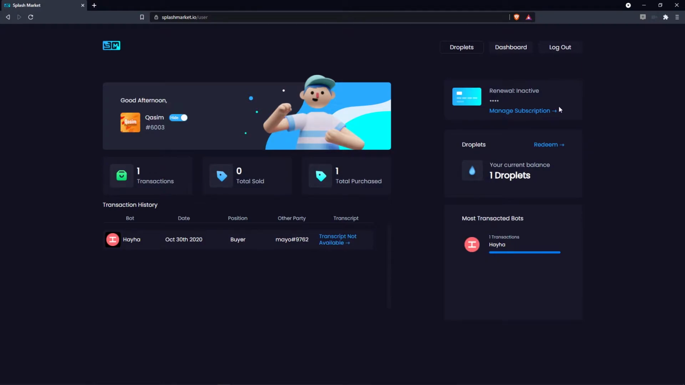Then for my renewal, it is inactive because of the fact that I don't have a subscription with Splash Market, but you can go ahead and purchase one if you wish, and you can manage it here. Then for Droplets you can go ahead and check that out as well, and you have the most transacted bot, and only because of the fact that I've purchased Hiha once and that's the only bot I've purchased,